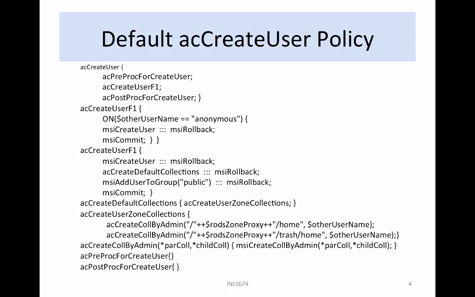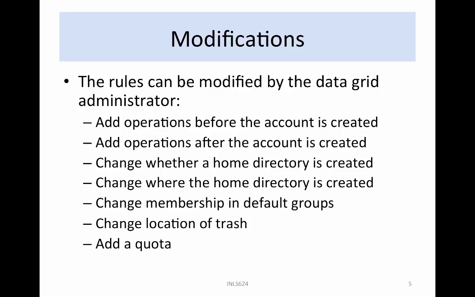Note that the policy has two functions called acCreateUser F1. If the first acCreateUser F1 function fails, caused when the username is not anonymous, the second acCreateUser F1 function will be tried. The rules can be modified by the data grid administrator. Possible changes include add operations before the account is created, add operations after the account is created, change whether a home directory is created, change where the home directory is created, change membership and default groups, change location of trash,